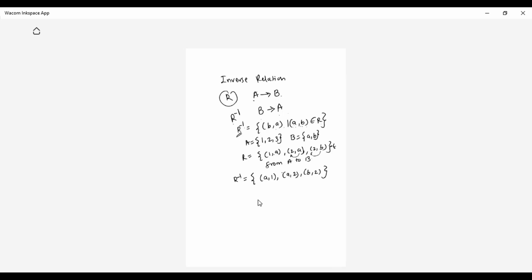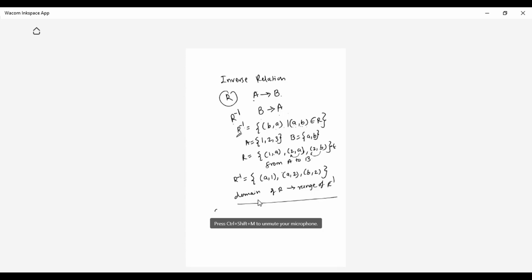Perfect. Okay, so everyone is supposed to remember this point. If R is the relation from A to B, then the domain of R is the range of R inverse. So the domain of R would be the range of R inverse and vice versa. And the range of R would be the domain of R inverse. That you need to remember, students. This would be the relation because A to B and B to A, it would be reverse.